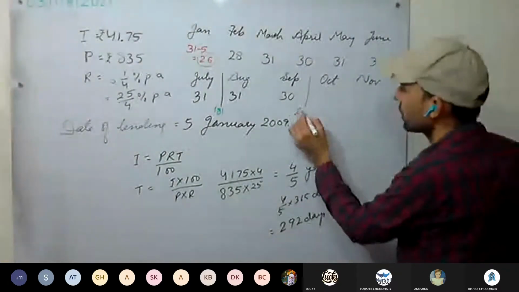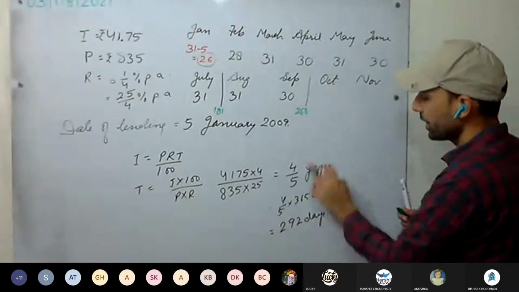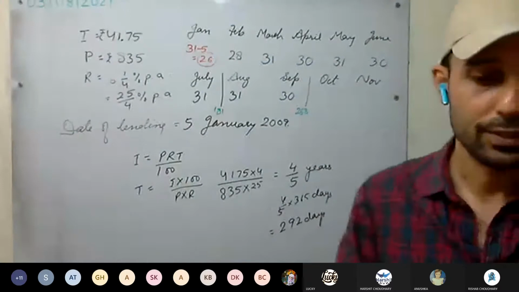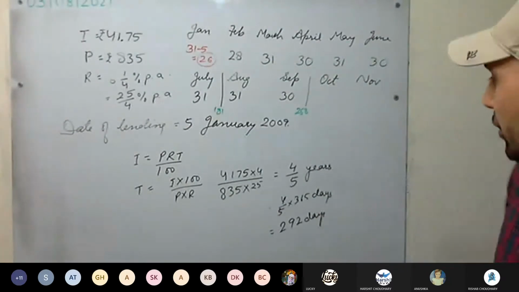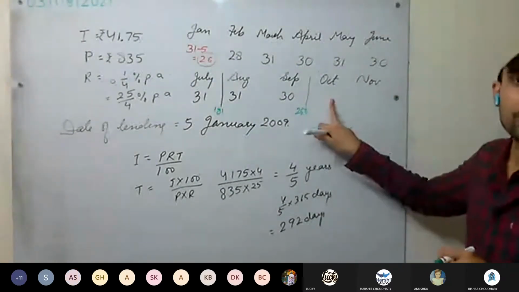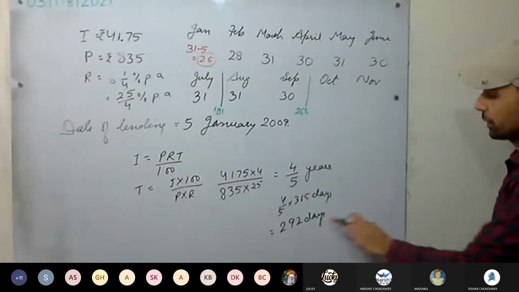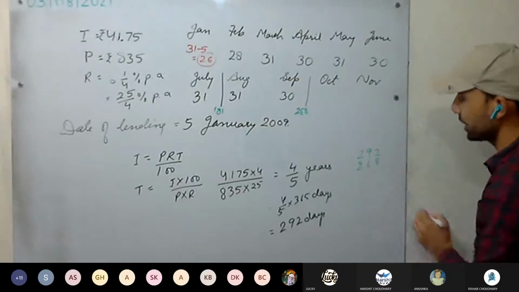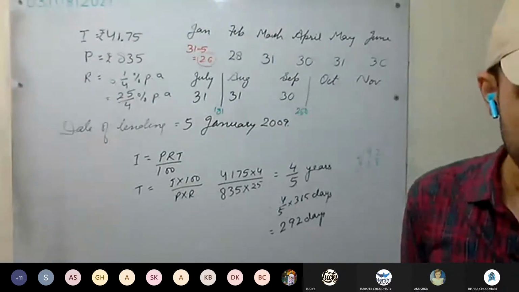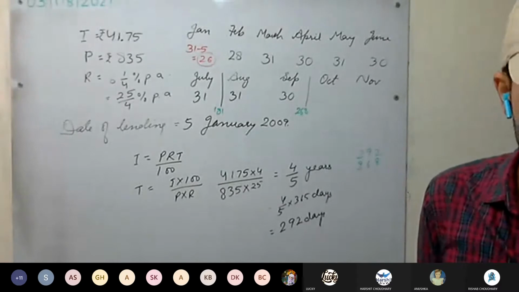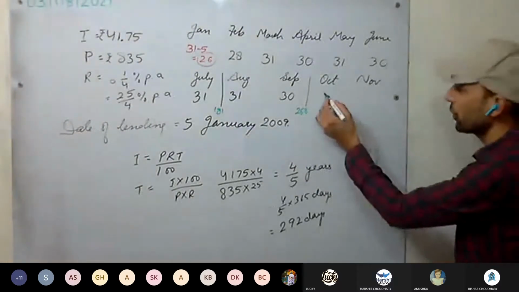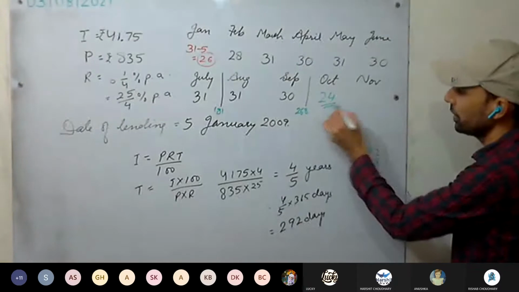Okay. We have got 268 days up to here. Remaining days, if we add 31 again, it will be more than this one or not? 268 plus 31 will become 299, which is more. So we have to take some days. So 292 minus 268, how many days is it? Do it. How many days are you getting? 24 days. It means from October we are taking only 24 days.